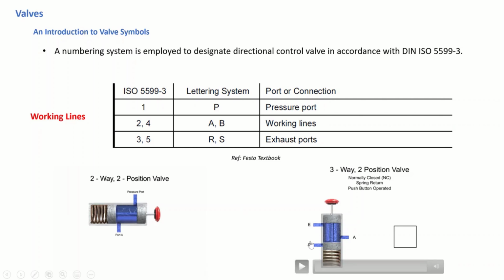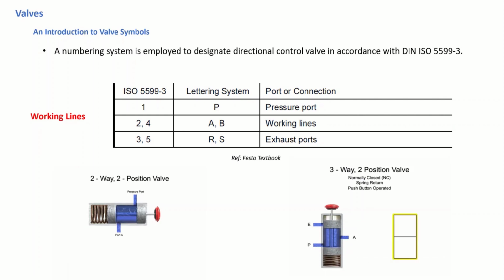And if you look at this one on this side, here we have a normally closed one, and this time we have a three-way, two-position valve. Let's look at this short video here. What we have at the beginning, the air cannot pass, right, because it's normally closed. But after a few seconds, what we will observe in here is the pressure port, the exhaust port, and the working port, right? If we push this button,